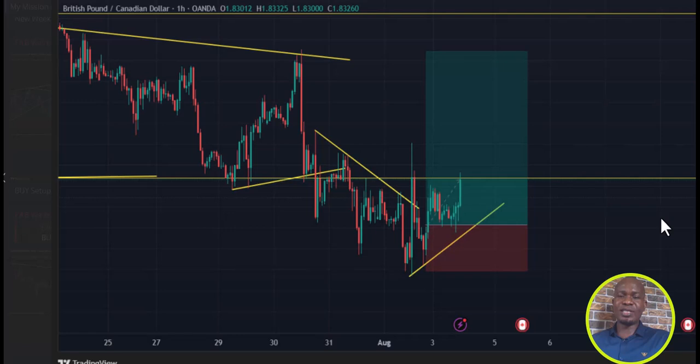Now, why did we take this trade? Based on the concept I just explained. The concept is so simple. We have an impulse here and a correction here, and from there we know that at this point the market is going to push high. So what we'll be expecting is the market comes up here, from here it might drop again to keep pushing high. This is what we expect the GBP/CAD to do this morning based on this concept.